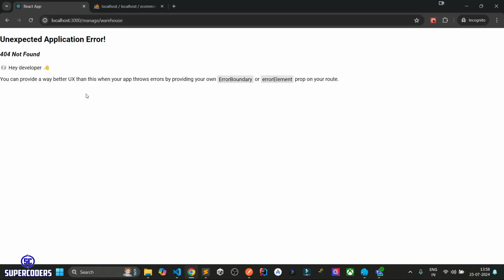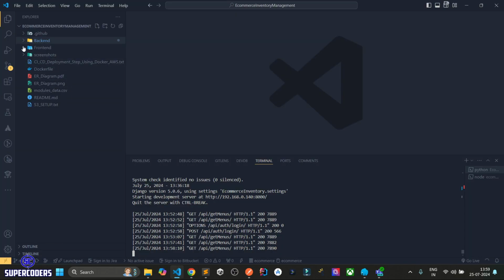After that, let's do one more thing. Every time there is no page found, we see the 404 page not found. Let's improve this page. Instead of showing this page, we can show a simple error page with a 404 message. For that, just come back to VS Code, open your front end project,